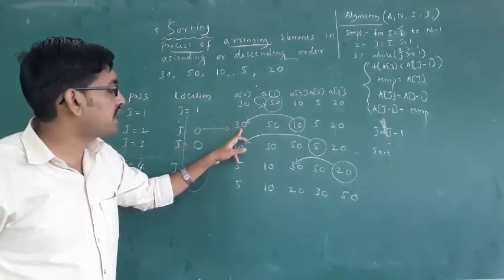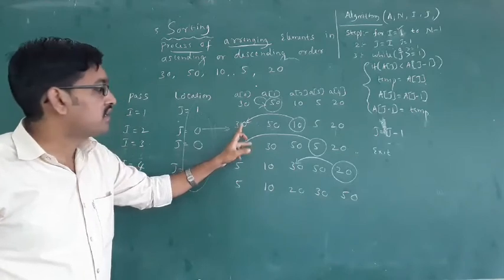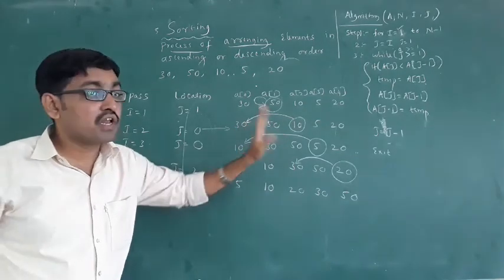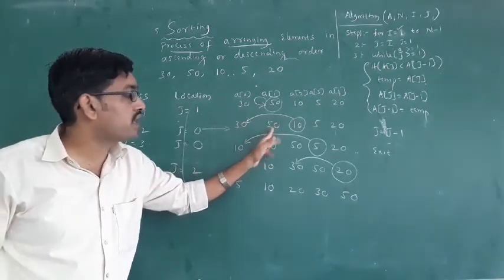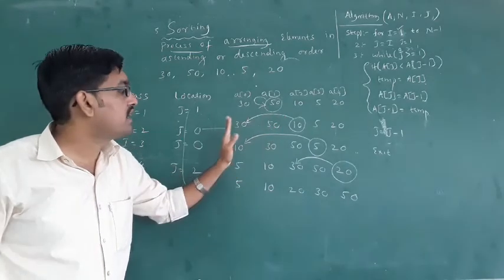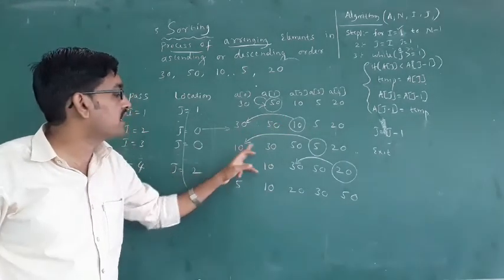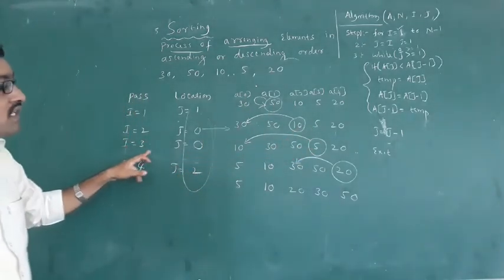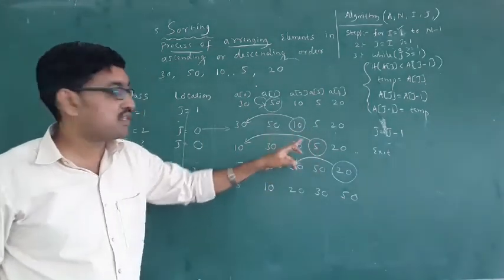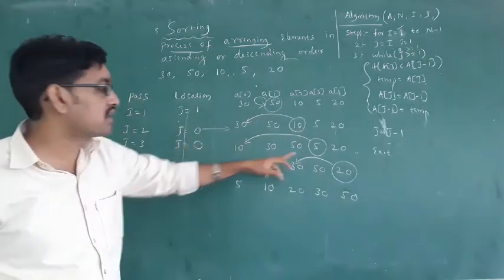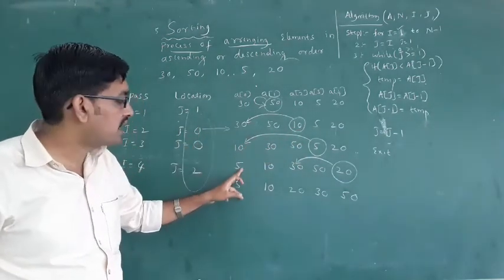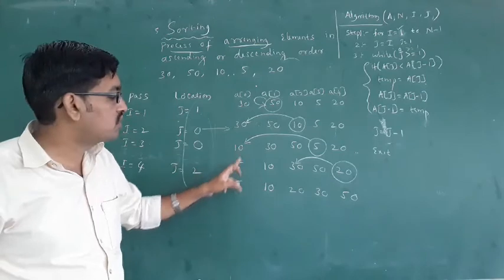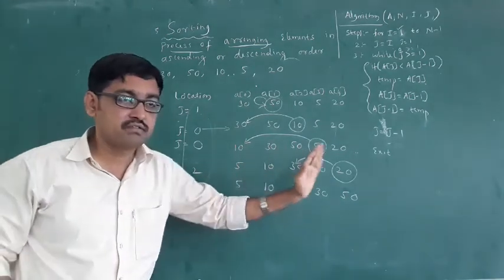Put it in the 0 position. After that 10 comes here, then 30 does not go here. What it comes to is a of 1. Okay, it comes to a of 1. 10 comes, next 30, then 50, 5, then 20. After that I go to 3, just round up 3. Where do we put 5 to get the correct position? If we put it in the 0 position it is correct, so I have put it in the 0 position. In the 0 position, then 10 shifts.